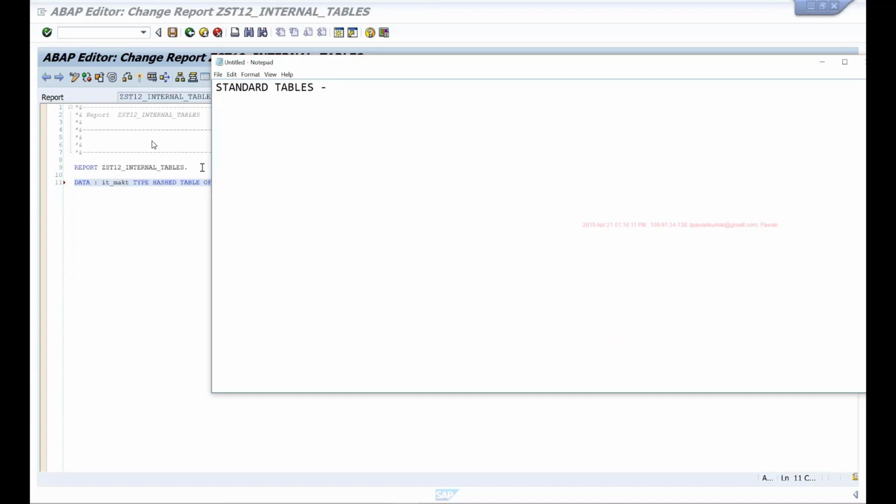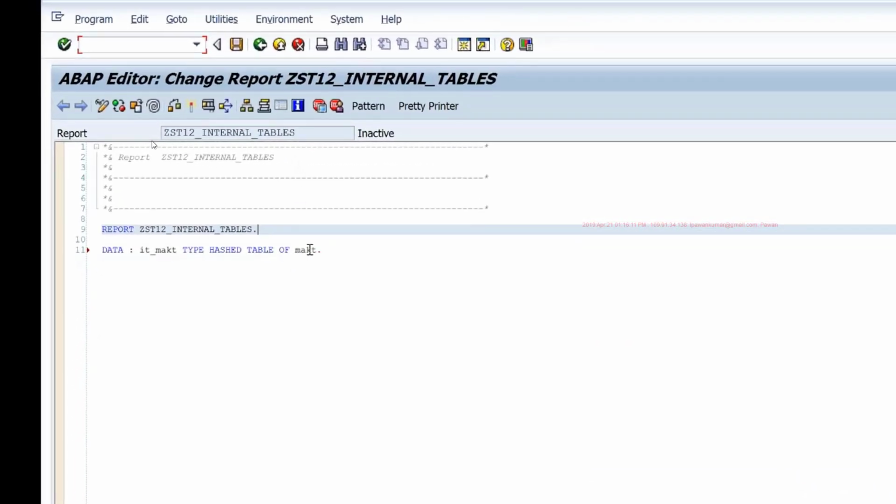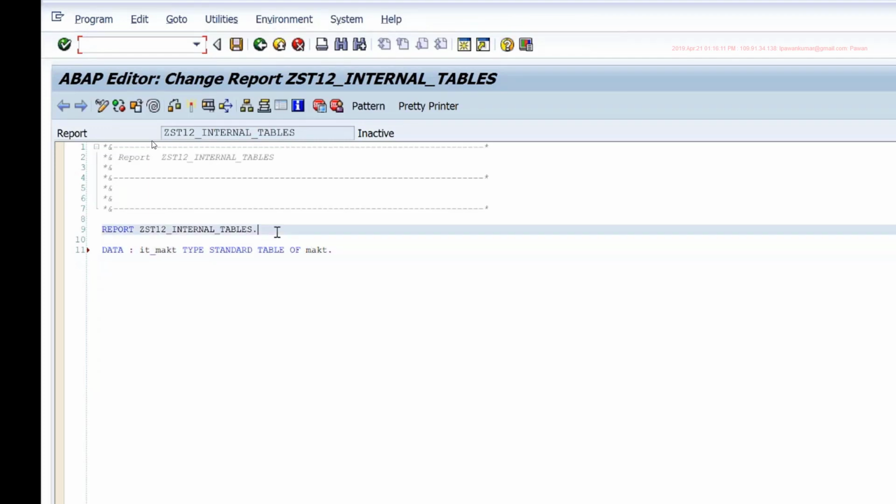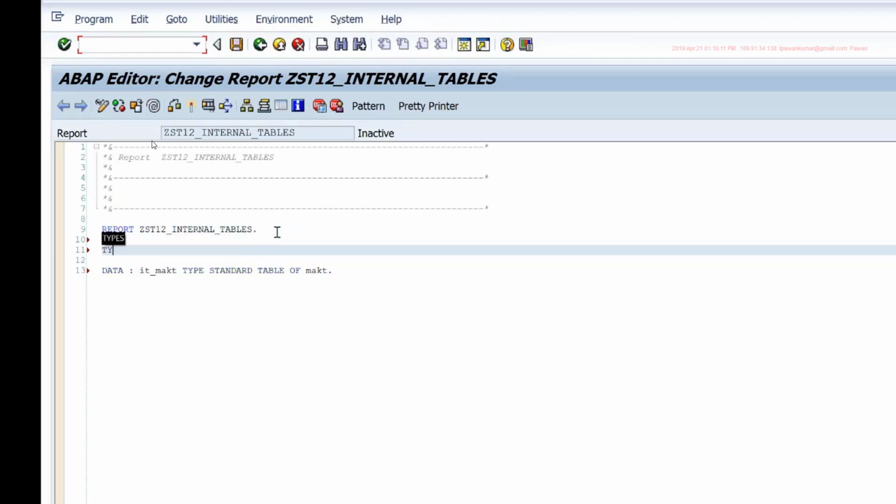Okay. For example, in this MAKT table, there are 5 fields. We've seen that. If I say type standard table of MAKT, then the key of this table by default will include all those 5 fields. Or just to make it easy for you, let me create a structure quickly.